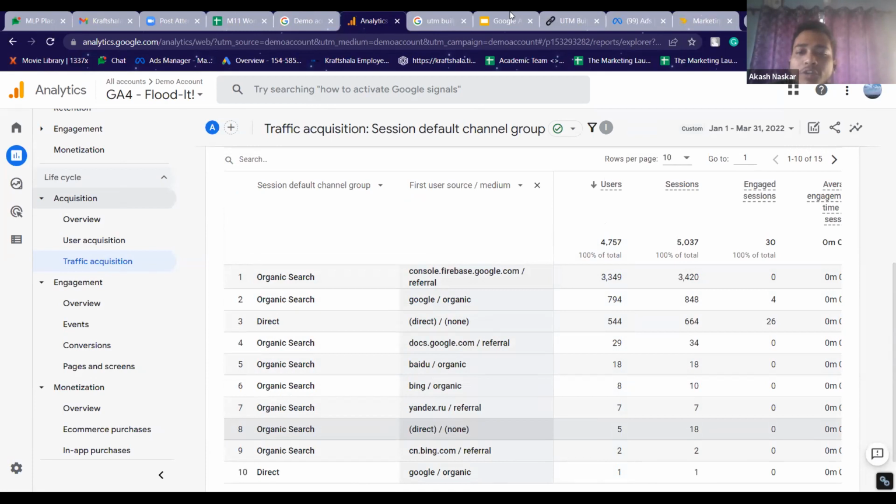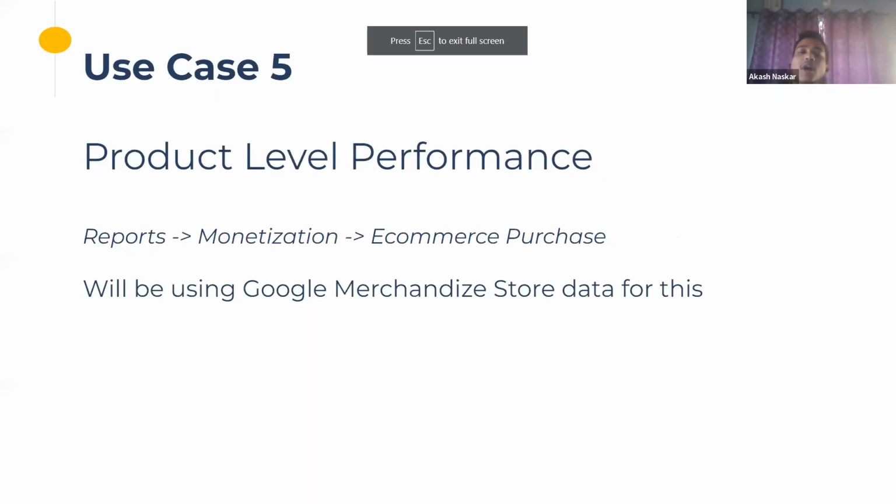Cool. Moving on, the last use case that we'll be seeing is the performance of products, right? Now, this option is only available for e-commerce websites which are selling a lot of products. If you're only selling 4 to 5 products, and if you have not set up your product performance in such a way, you'll not be able to see this data, right? This data is specifically more important for e-commerce websites. So here you will see what products you're selling and what the performance is for each and every product. Where do we find it?